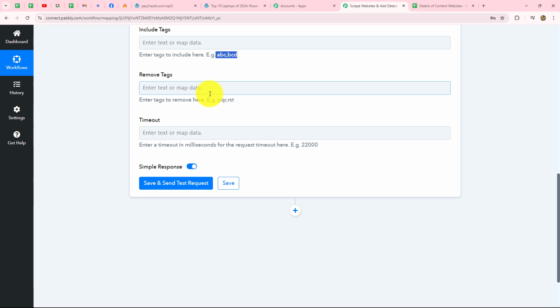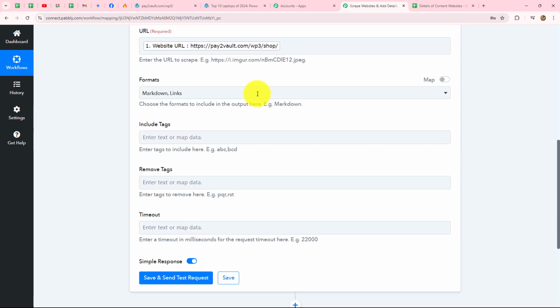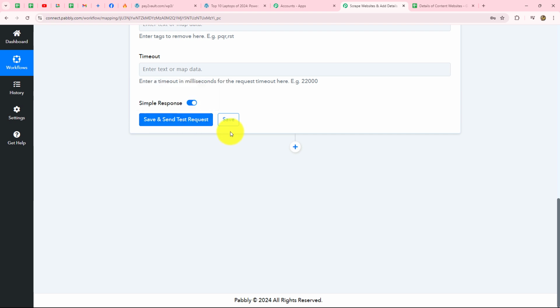And if you want to remove certain tags from your content, you can also do that. Then here, if you want to enter the timeout in milliseconds, you can enter it over here. Okay, I am going to keep all these fields blank and I will simply click on save and send test